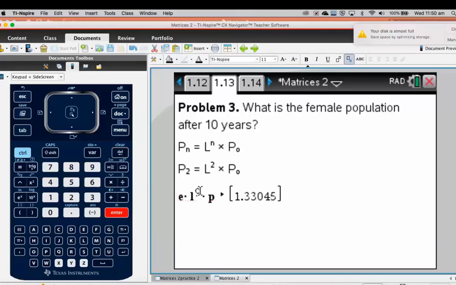9, so there's 1 female left, and double that, 1 male. So, let's go to 10. So after 10 lots of 5 years, so after 50 years, the population has died out. Okay. Now,